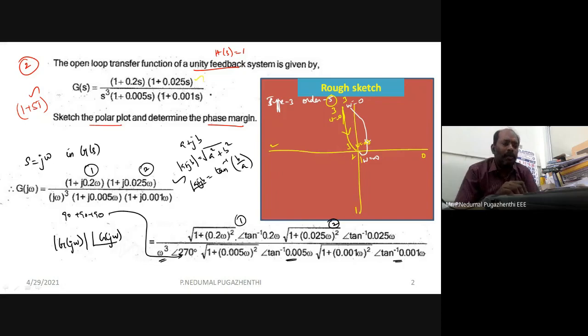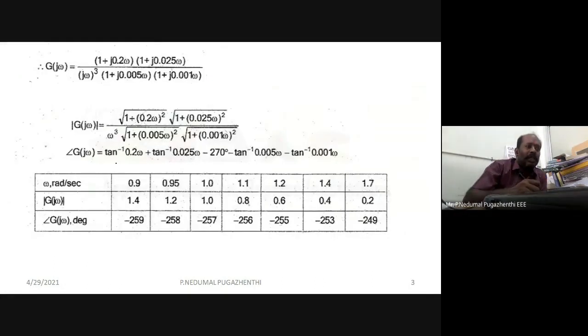Now what I will do is try to separate the magnitude equation and my angle equation. Bring the angle which is in the denominator to the numerator, so that I will have a complete angle equation. You can see that I have done that. I have combined all these magnitude parts and angle parts. This is your magnitude and that is my angle.